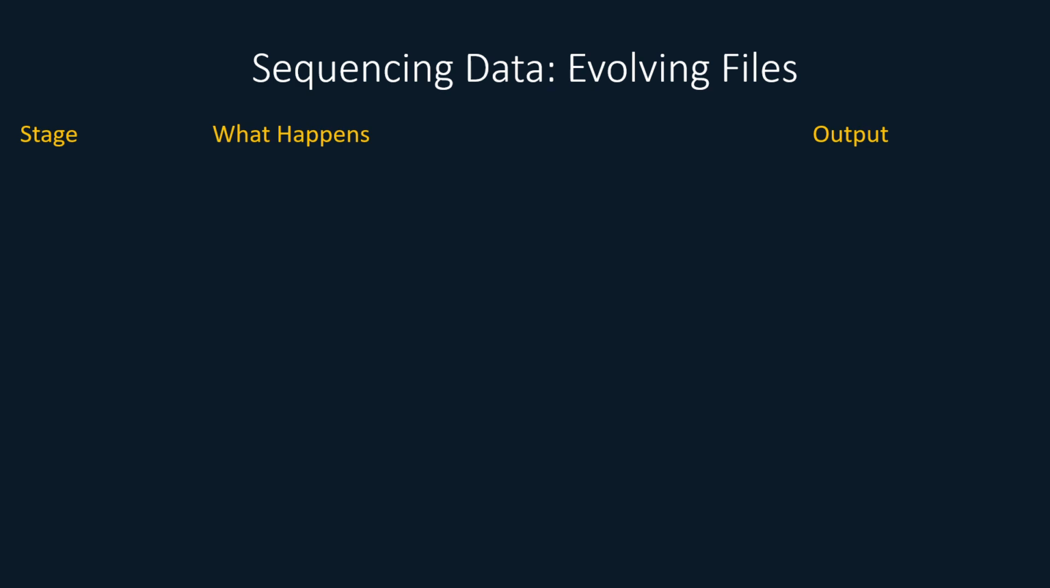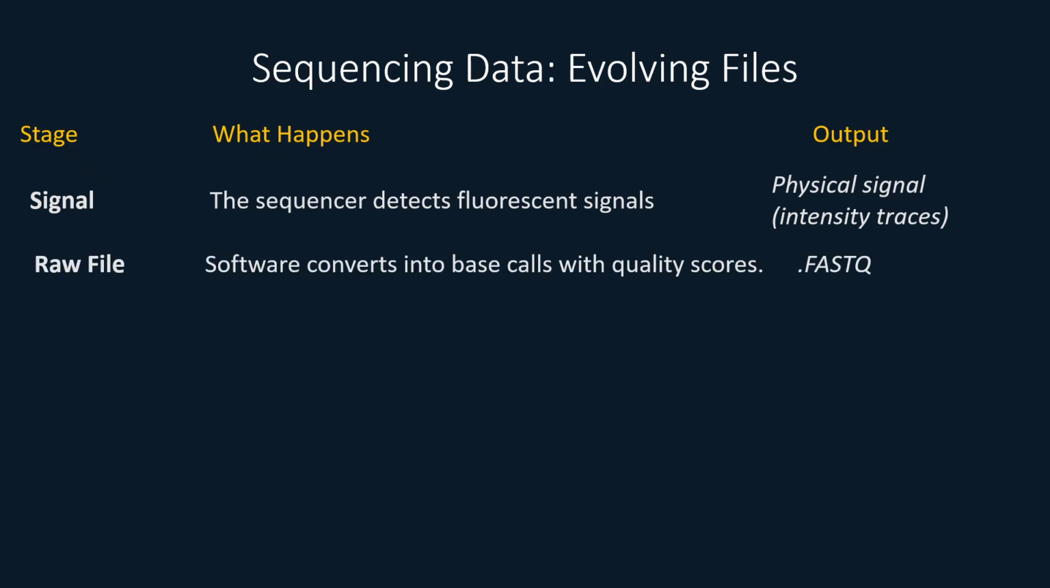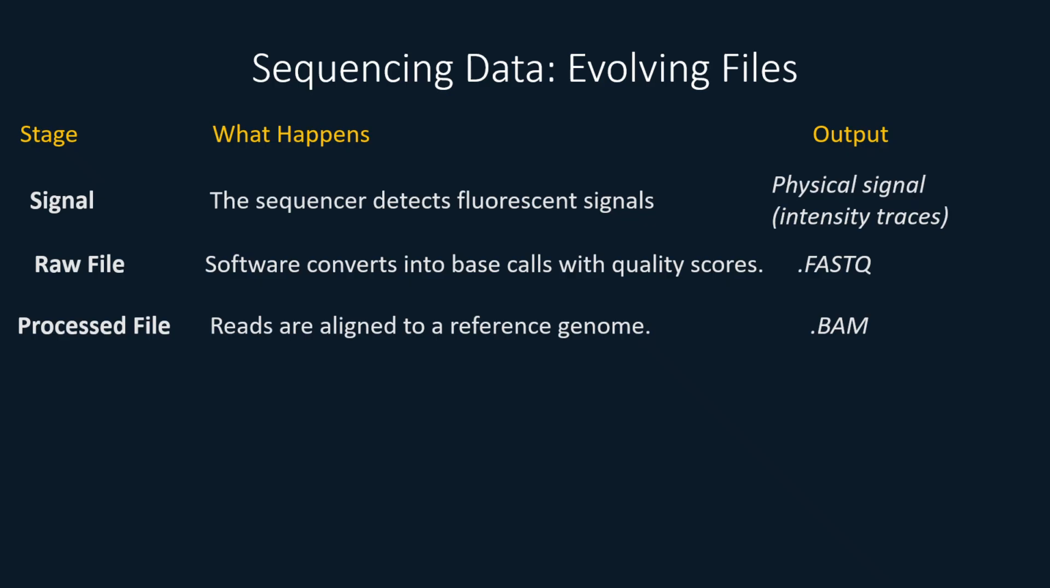So sequencers do not read letters. I mean, they read signals, right? And then base calling converts that signal into a FASTQ file plus per-base quality scores. Then we align reads to a reference genome to get a BAM file, and that step can introduce